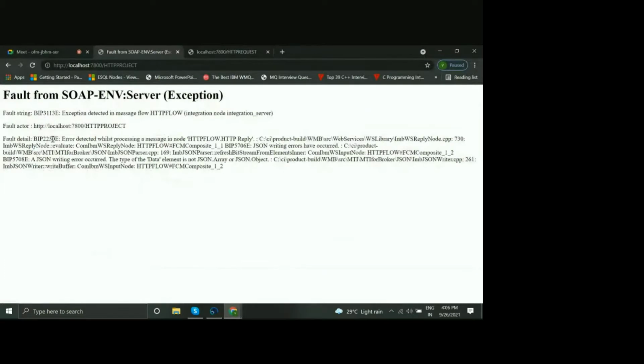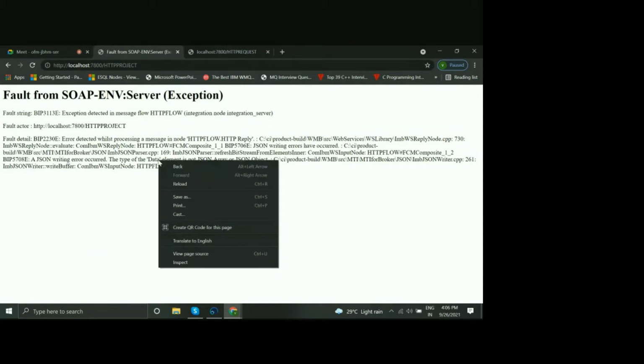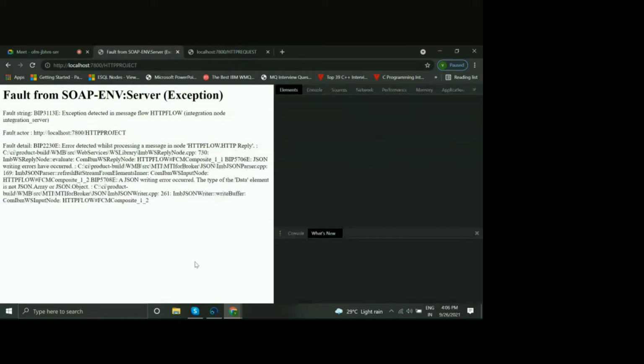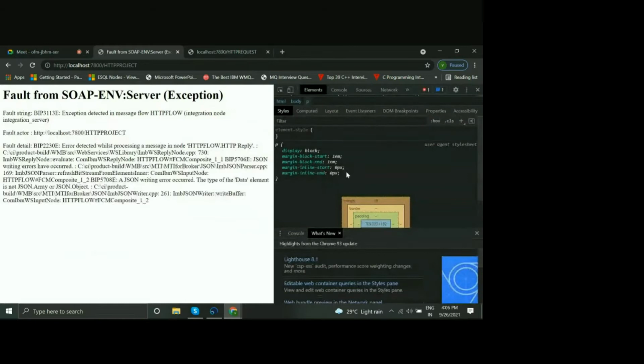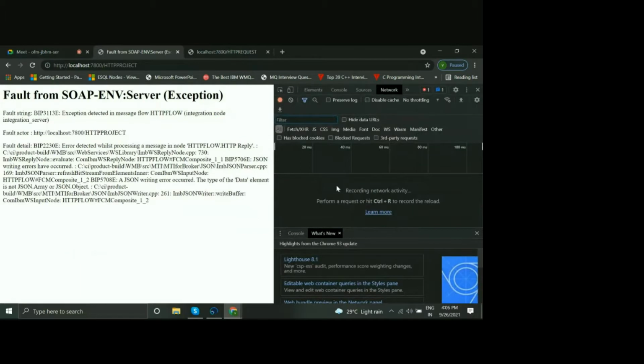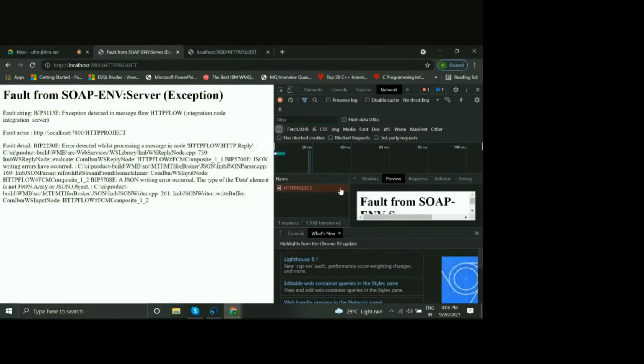Now we are getting an HTML page, and the details are in HTML format. The fault is a header, and all the other details that you see are paragraphs. Right click on this page, say inspect element, go to the network tab, refresh this page, click on the first one here, the HTTP out project name, and go to response.